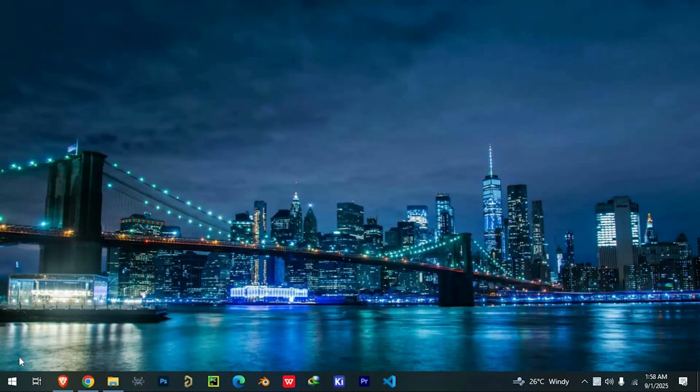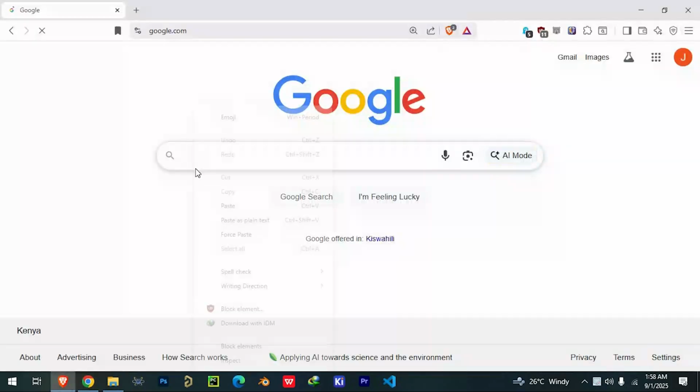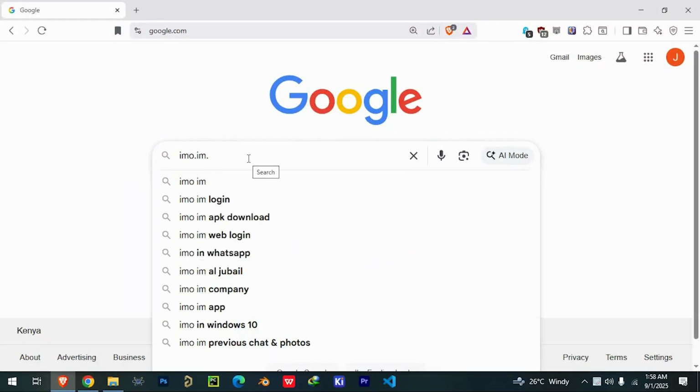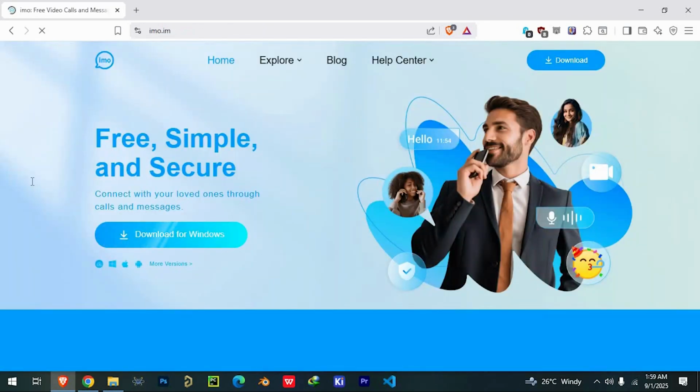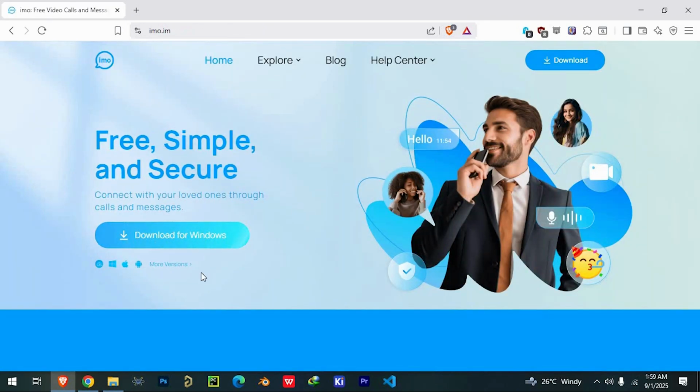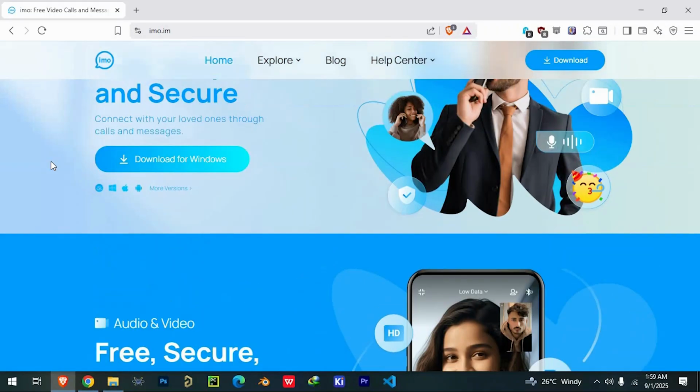In today's video, I'm going to show you how to download and install the IMO desktop application on your computer. The first step is to open your web browser and go to the official IMO website, which is IMO. Once you're on the home page, look for the download button or navigate to the download section, where you'll see